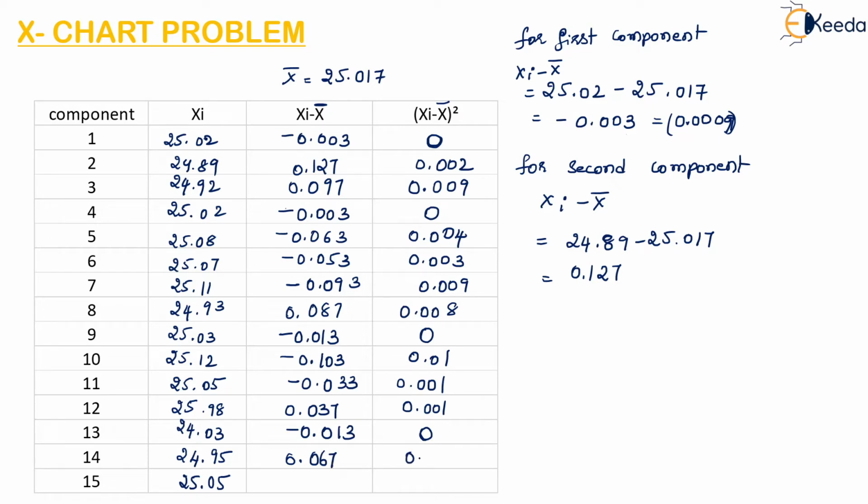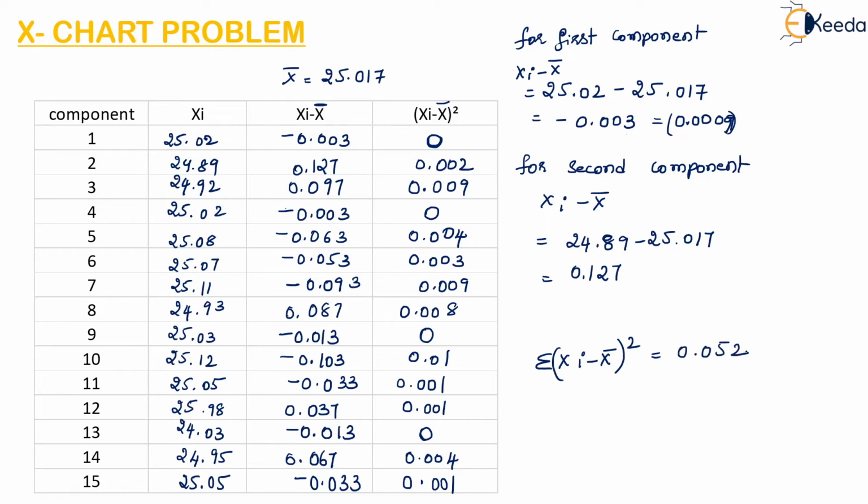0.067, 0.004, then minus 0.033. That is nothing but when you square this value, you will get 0.001. So after you have obtained all the values for each and every component of this xi minus x bar whole square, then you have to find the summation of it. So summation of xi minus x bar whole square. So when you add all these values, you will get